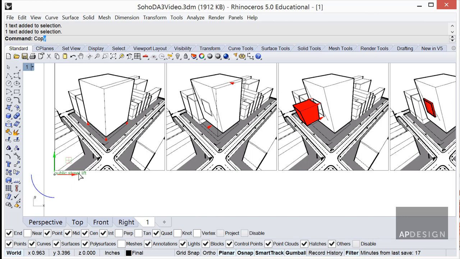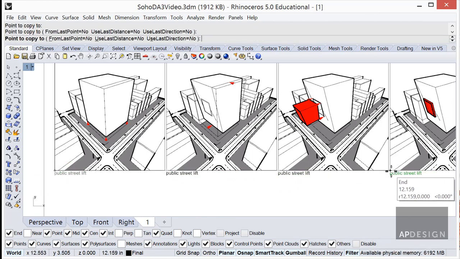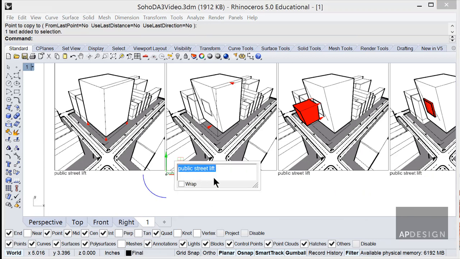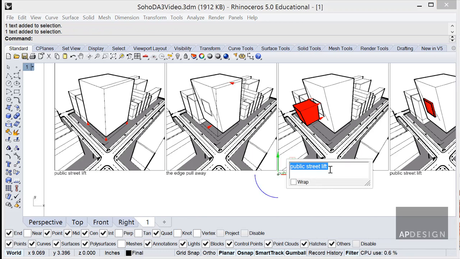And I'm just going to copy that, and edit it. And then I'll just say pull away. This will be the